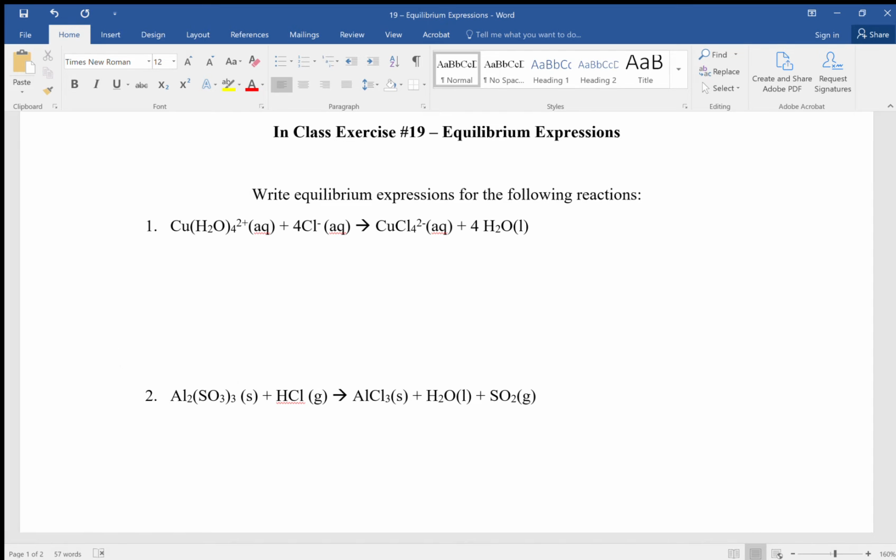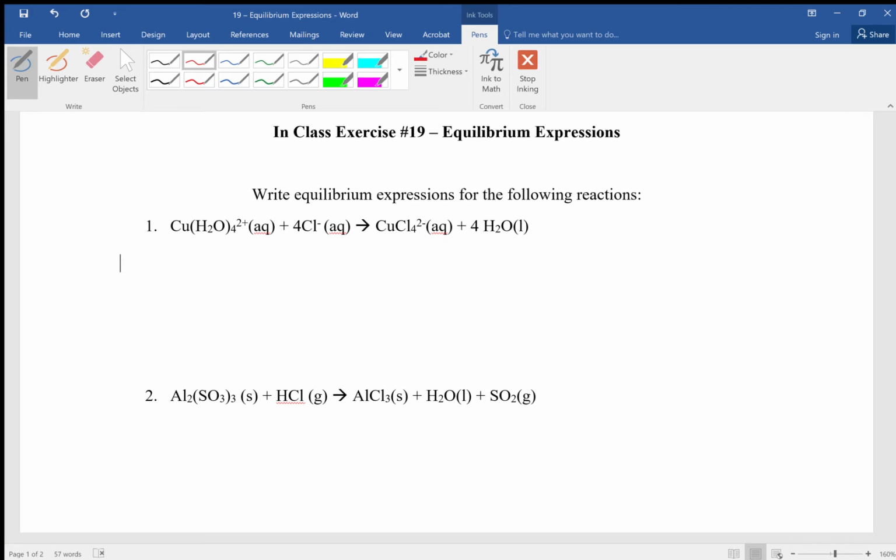So in this group of practice problems, we're just trying to write equilibrium expressions for the reactions that are given. The first couple of these start out, the first one, I should say, starts out very straightforward. The reaction is given exactly the way you need it, and it's really just a matter of finding your equilibrium expression